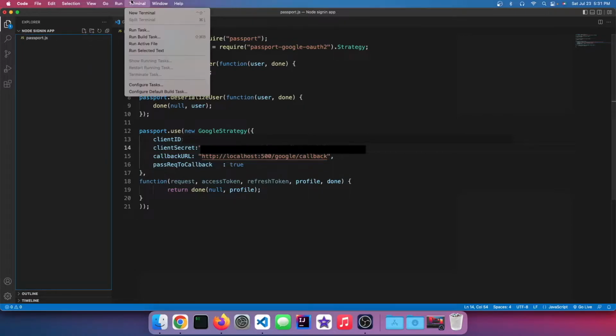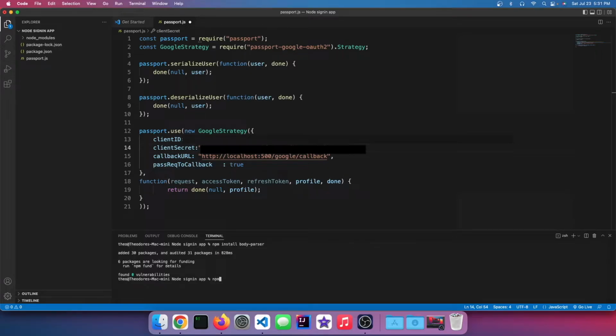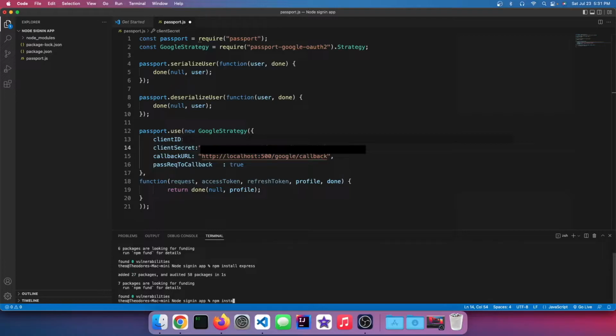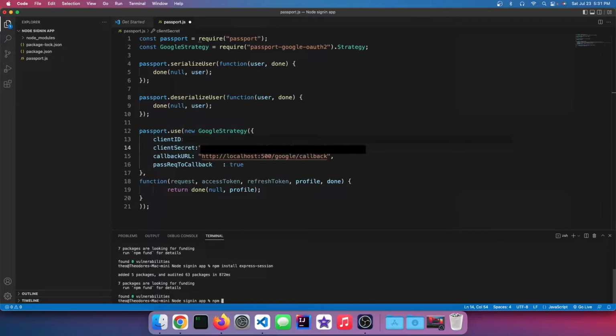actually, no, now's the perfect time to import all of the packages that we are going to need. So we can do this by calling npm install body parser, npm install express, npm install express session, npm install passport,